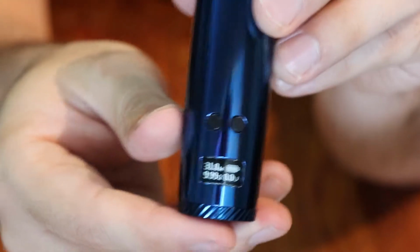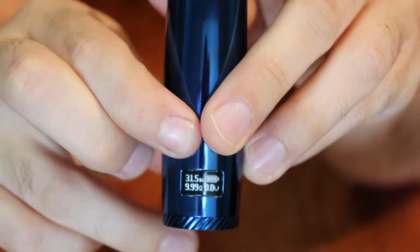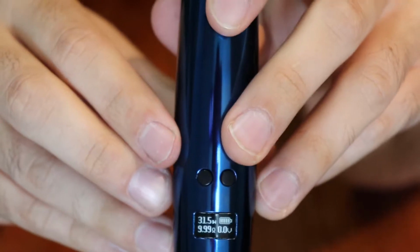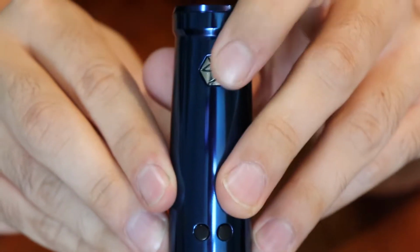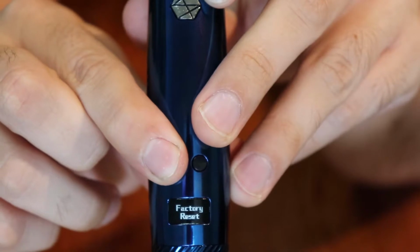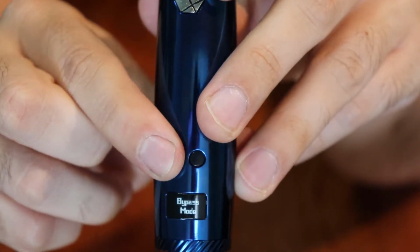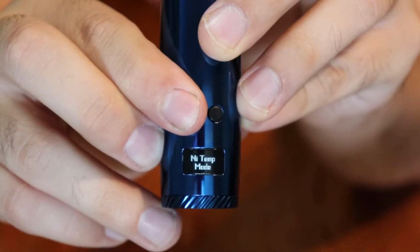Now, right now it's on power mode. So that's when you can change the wattage and the wattage only. You see how we're doing that? Plus and minus. To get it to temperature mode, if you want to play around with those settings, you can go 1, 2, 3 on the power button, and then you can change it. So that's exit menu, that's factory reset, then you have bypass mode, and then stainless steel temperature mode, and NI